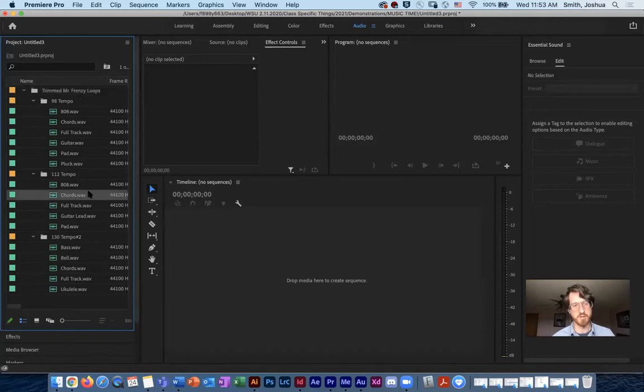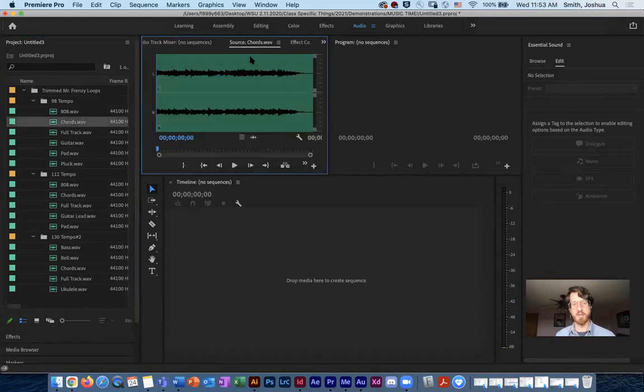And again, some of them are just sound files. You can tell they have that kind of waveform symbol. To put them on our timeline, I'll drag them out. But some of the time when you open folders this way, there's a lot of files to choose from, in which case I want to preview what they sound like. So to be able to preview them, you can actually just double click on them and they'll open up here